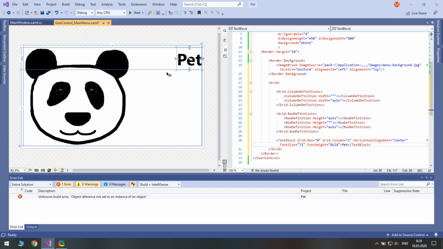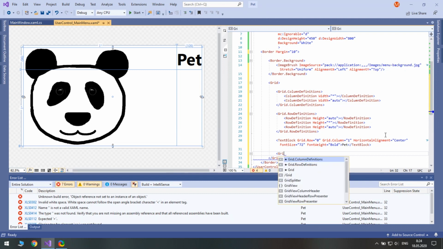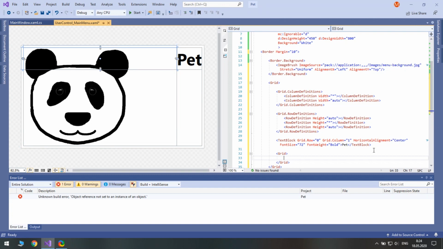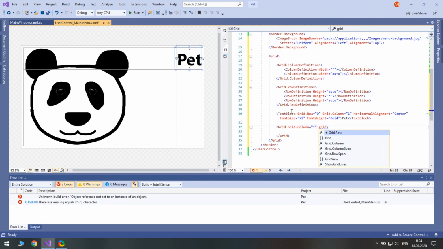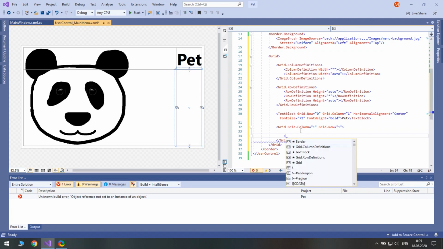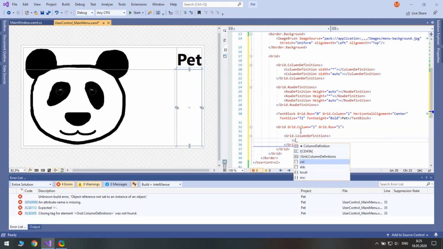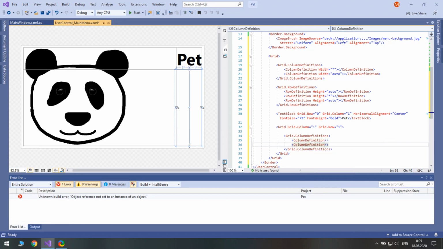So we will need a grid with 2 columns. All buttons will be in one border and all images will be in the other border.